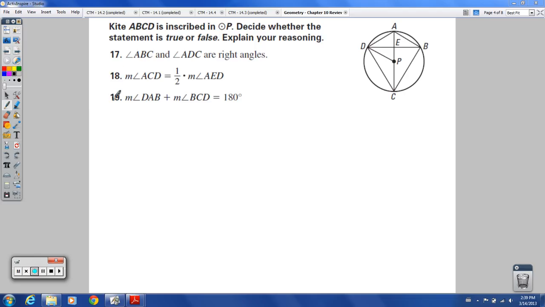And so now on to 17, 18, and 19. It says that kite ABCD is inscribed in circle P. Decide whether the statement is true or false. Explain your reasoning. So 17, saying that ABC, so this angle right here, and ADC are right angles. So I would say yes, that has to be true, because that right here is a diameter, and one of